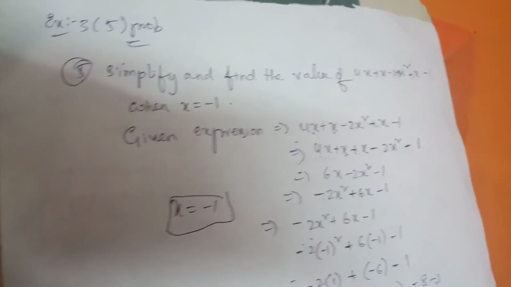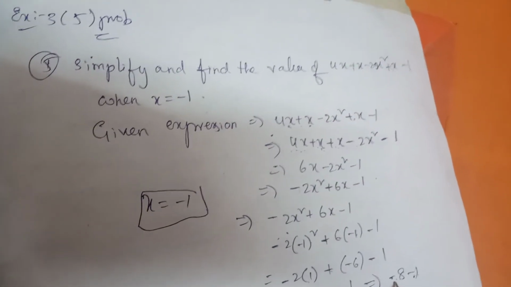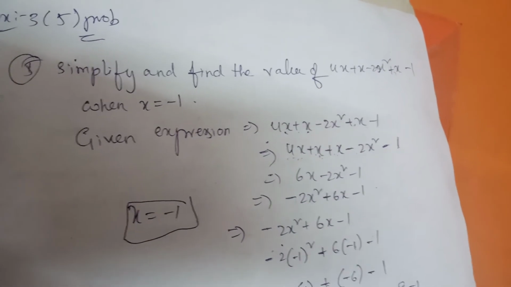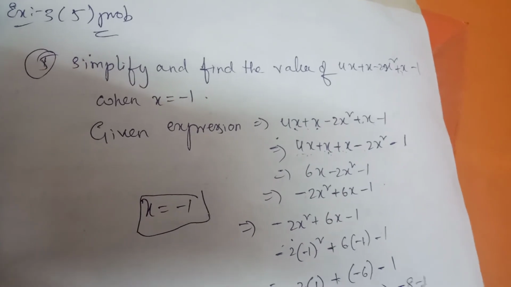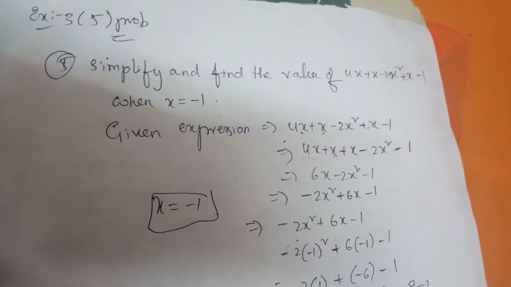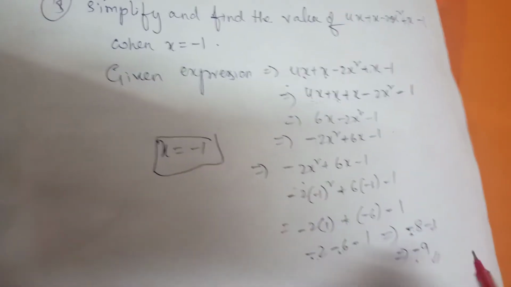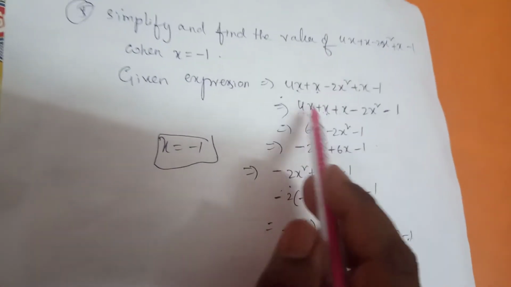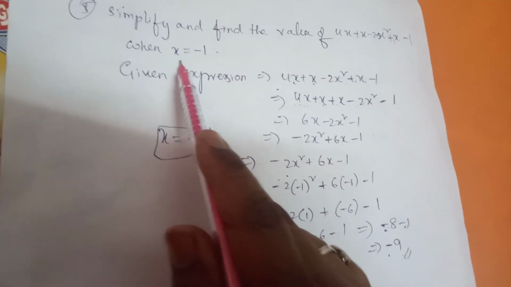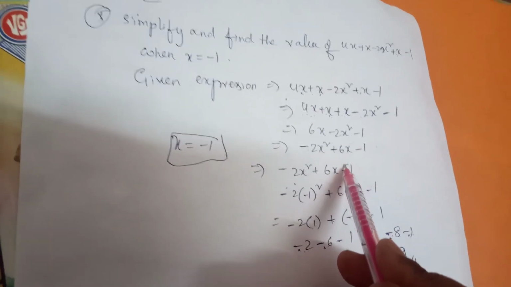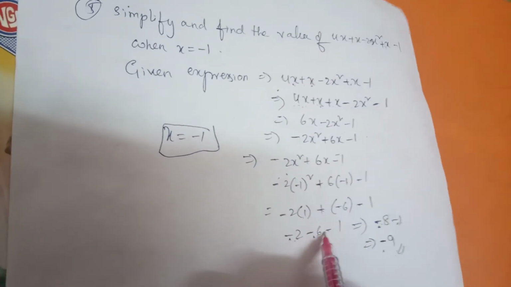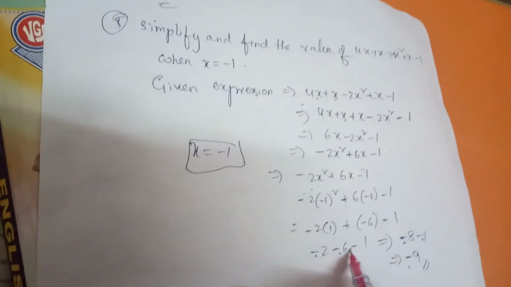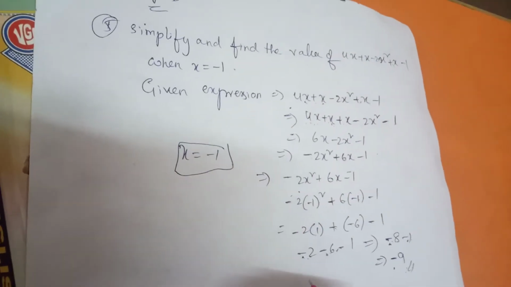Here the bigger number is acting as positive, and the sign we are going to take is minus, so we got minus 9. Did you understand? Like this, if they give the expression and the x value, we first simplify into an equation, and after that we substitute x equals the value given. The remaining problems are based on this only.